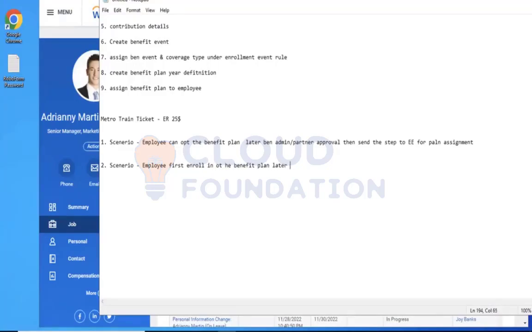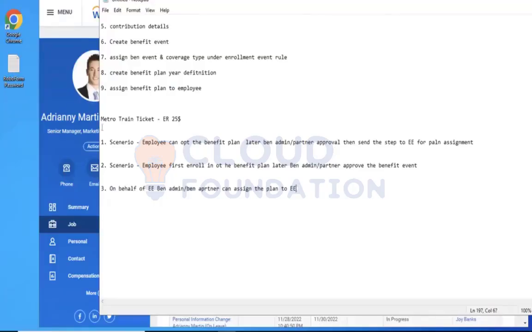Later, the Ben admin or partner approves the benefit event or benefit plan. Third scenario, on behalf of the employee, the Ben admin or Ben partner can assign the plan to the employee. In this scenario, there are no approvals because it is initiated by the Ben admin or Ben partner.